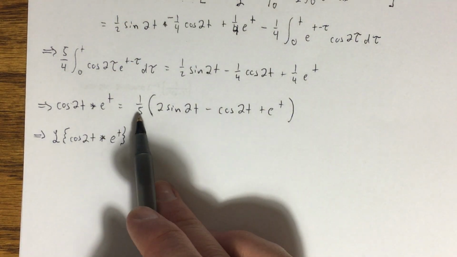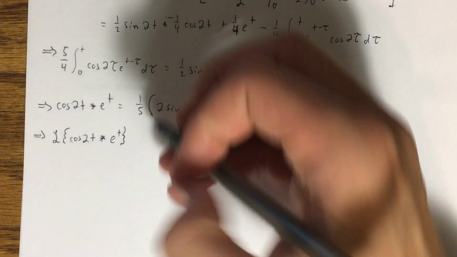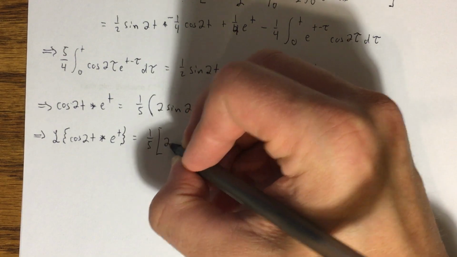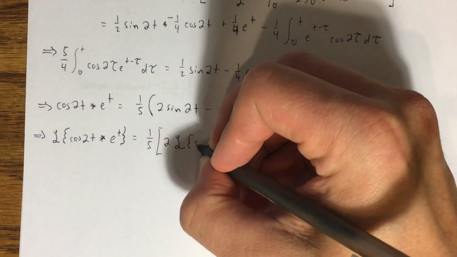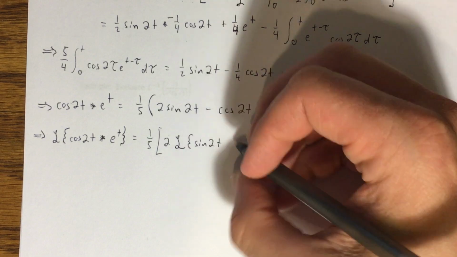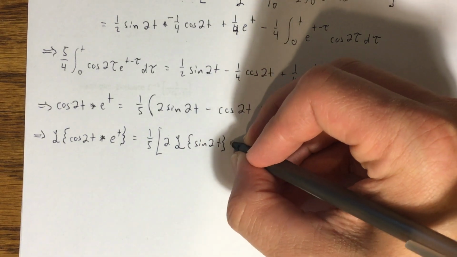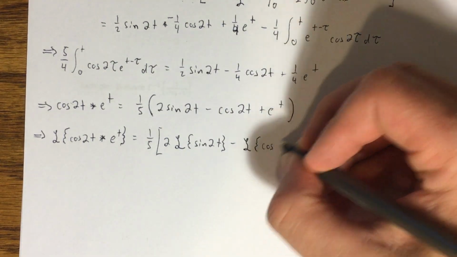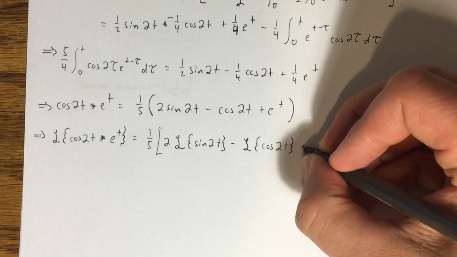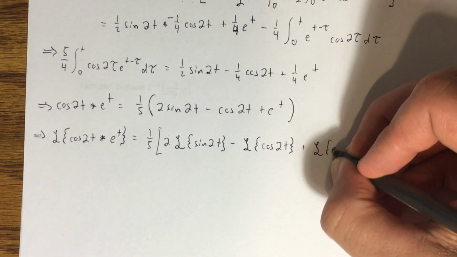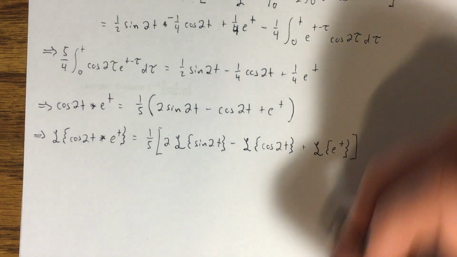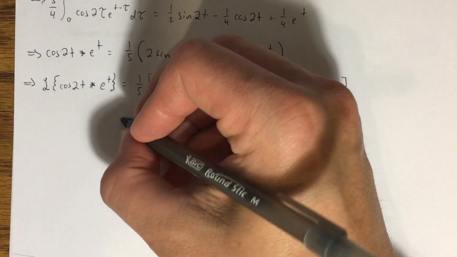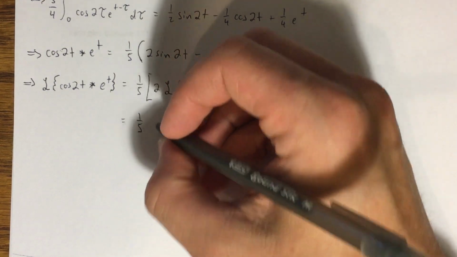Taking the transform of this side, noticing that by linearity, the 1/5 can be brought completely out to the front the way that it is, I'm going to have this: the transform of 2 sine of 2t, minus the Laplace transform of cosine of 2t, plus the transform of e to the t. Okay, now all of these Laplace transforms are easy because I know them from my table. So this would be equal to 1/5 times,